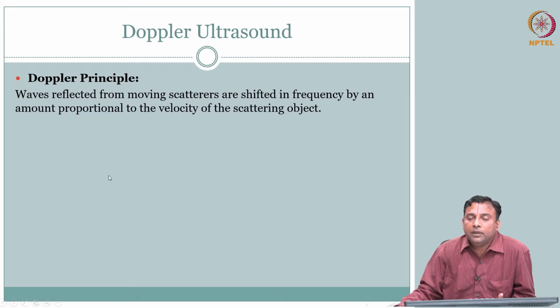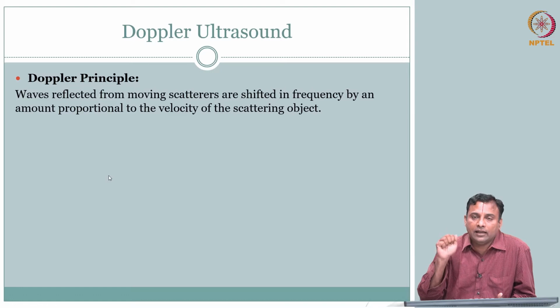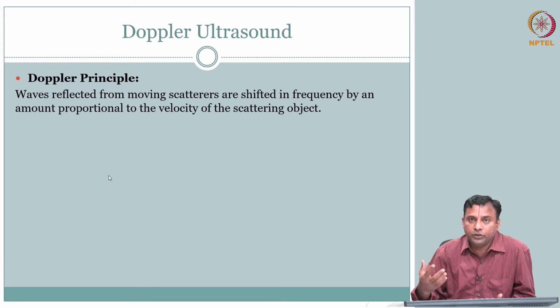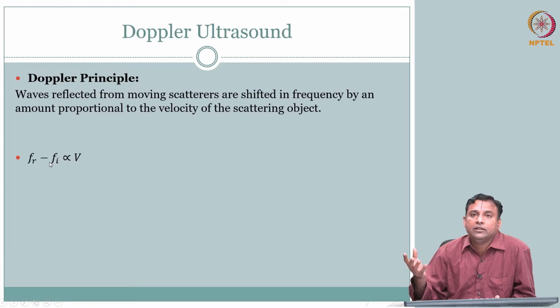So in a simple idea, I can send an ultrasound wave with a certain frequency. If I can receive an ultrasound wave that is getting reflected from an object, and that object is moving with a velocity, and I have some ways and means to know what my receive frequency is, I can know what my transmitted frequency is.